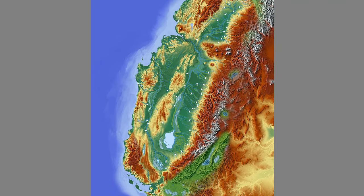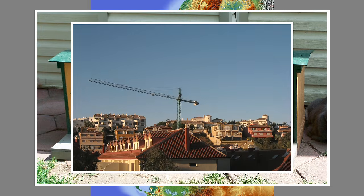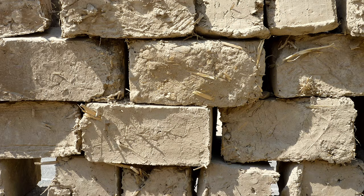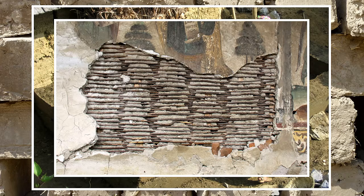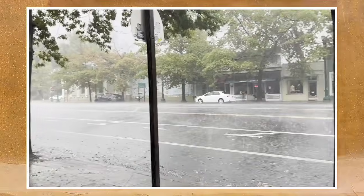The people of this land need homes to live in, so let us build the basic hut. It's a single square room with walls built with sun-dried bricks, or rammed earth, or wattle and daub, or rocks if there's enough of those around. It depends on where we are building our house. But wherever we are, we coat the walls with an earthen plaster, and to avoid rain damage to our walls